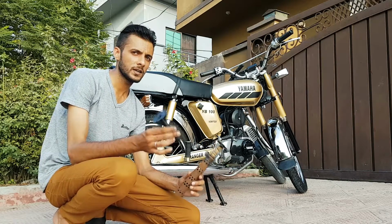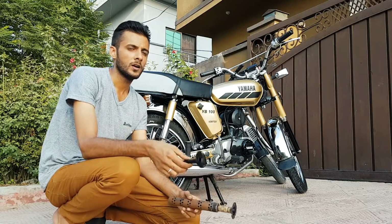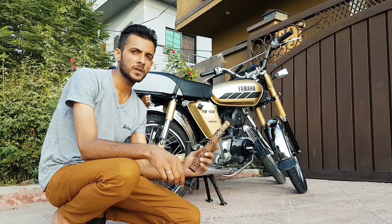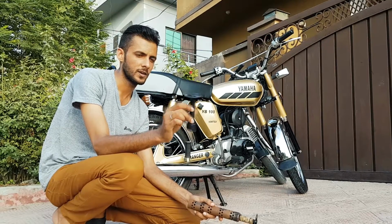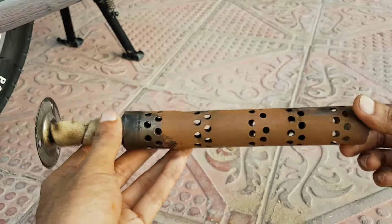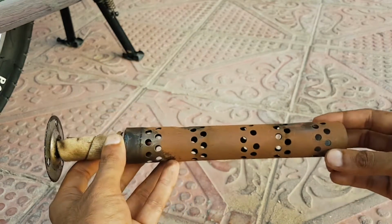Right now you can see here this is the stock baffle and this is the aftermarket short baffle. Now how do both of them affect the performance of the bike? Which one is better, the stock one or this short baffle, in terms of sound as well? Let's find out. The stock baffle is usually longer in length and it definitely has a lot of restriction as